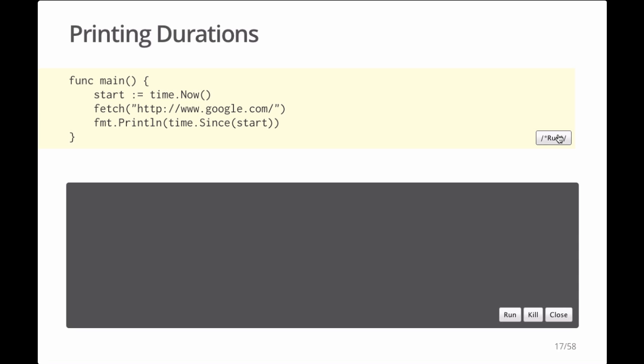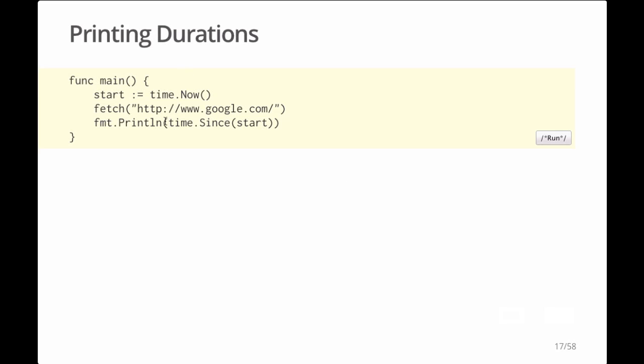And if we run this, we see it prints 580 milliseconds, and now that things like DNS are cached, 190 milliseconds. And note also that it prints ms for milliseconds because this is a millisecondish time. It's less than a second, it's more than a millisecond, and so it's chosen to print it in milliseconds. If we were to print a larger time, suppose we add an hour to the time, we would get different units.